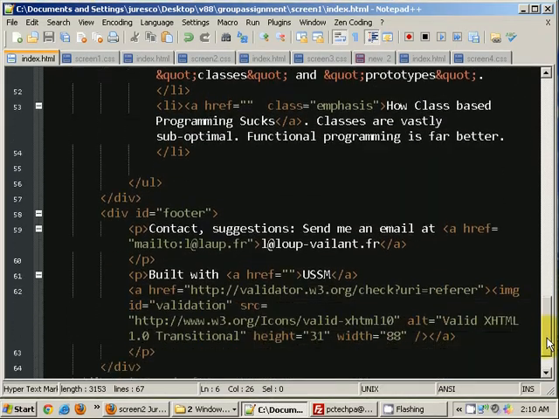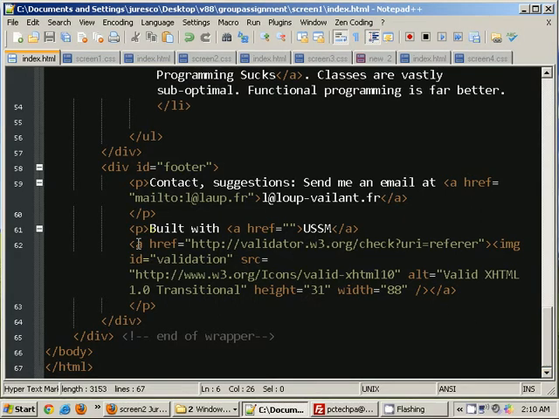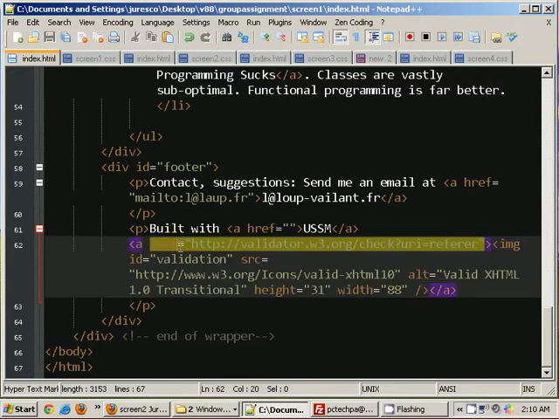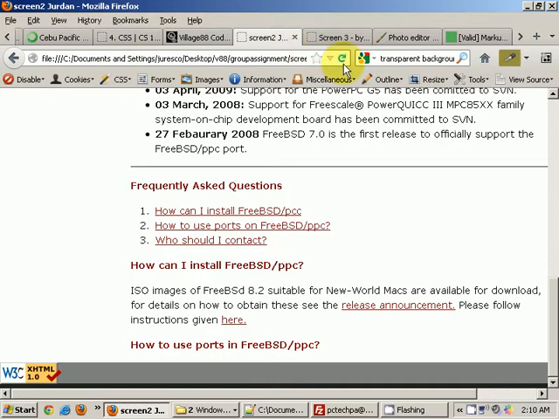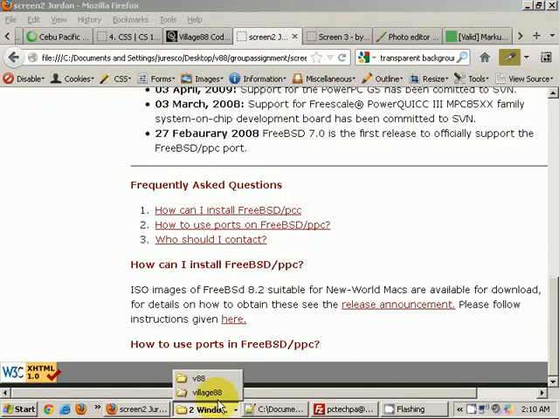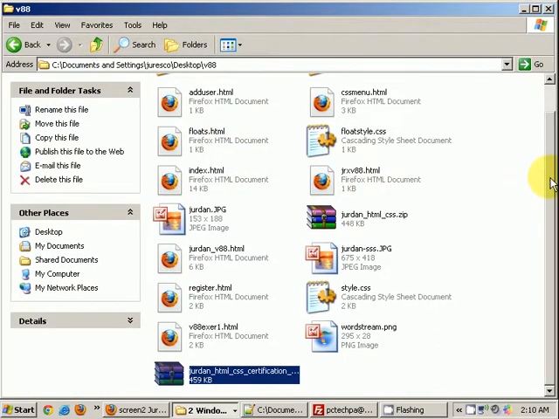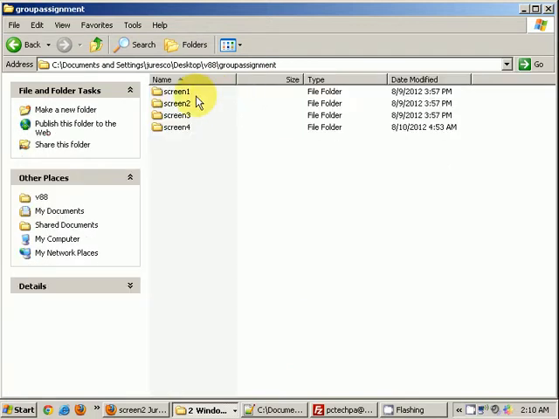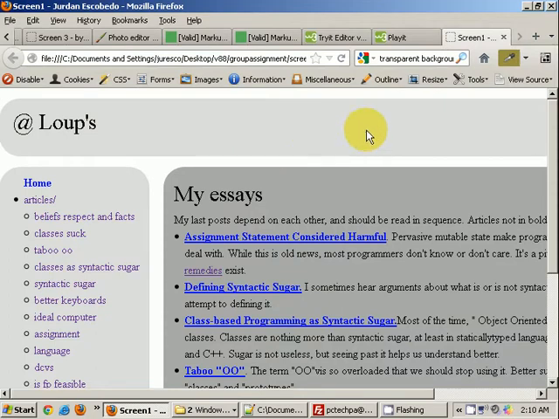Okay. I did put the validator to indicate that I already validated this, and also screen 1. If I open it on my browser here, turn my screen to 800 by 600.